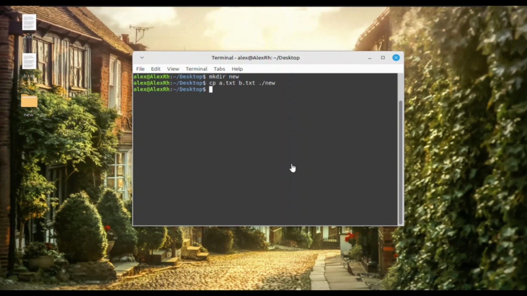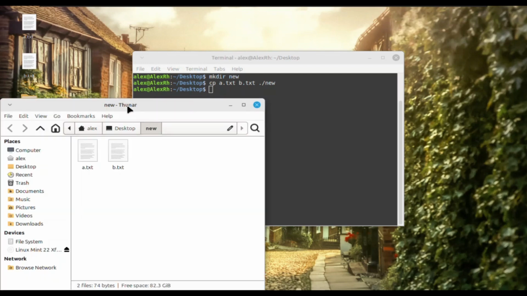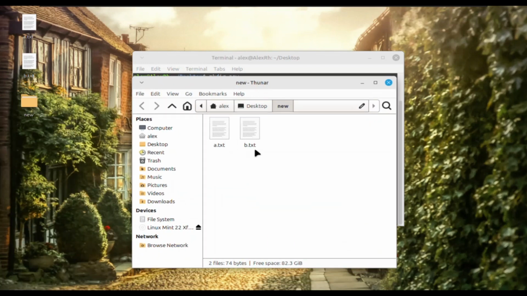Now you can see that with the command I wrote, all the files I have been copied into my new directory along with all their content. Open this and you can see a.txt, b.txt, and the content